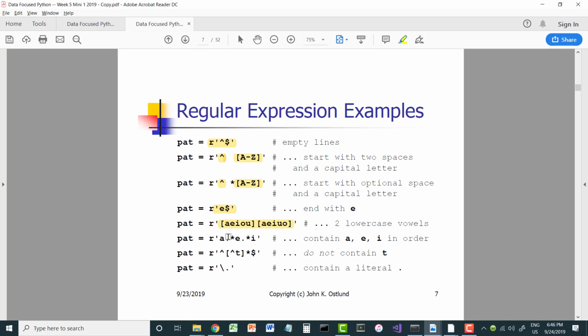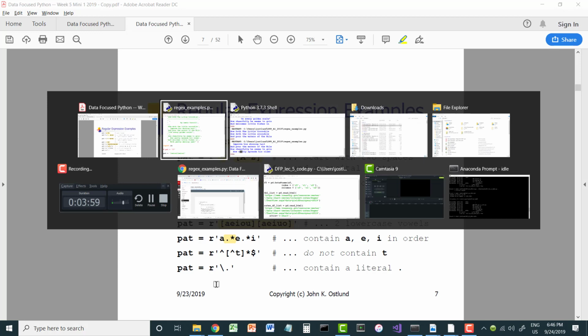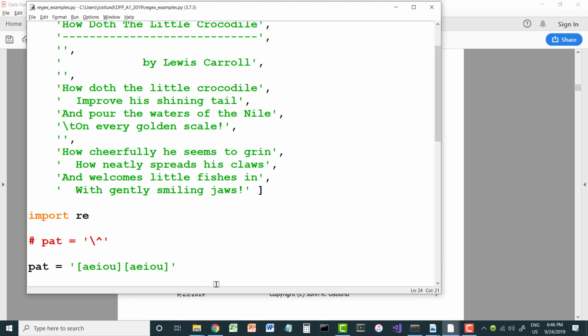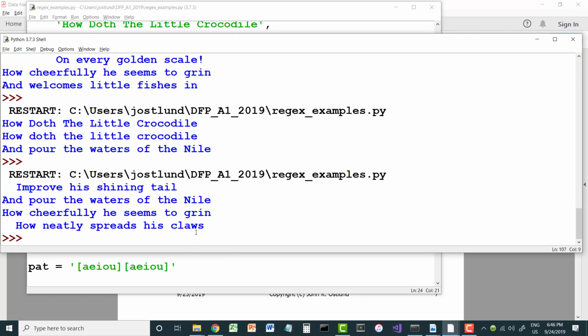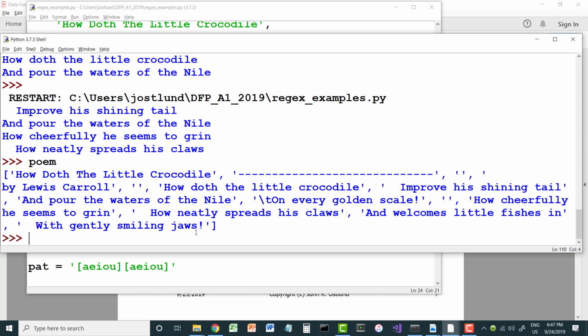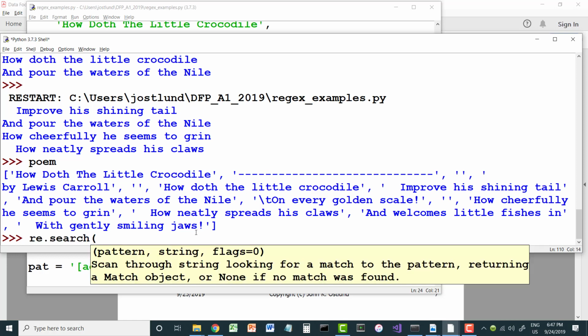Okay, now dot means to match any one character. And before we look at this example on slide 7, let me do a really simple example of dot. Let's see. So I do have my poem here. If I ask to see the poem, all right, there it is. So the poem is a list of strings, and if I say re.search for lines that contain t.e,